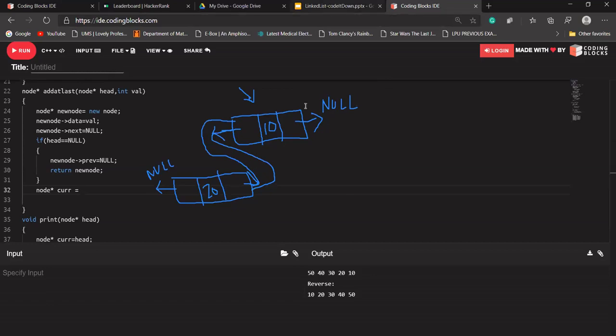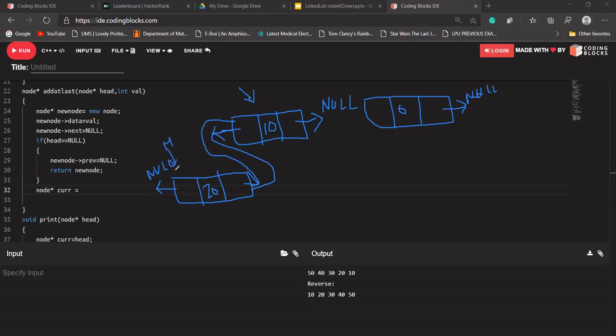Suppose I want to add something at the last of our linked list. So it will be created already, because we have reached the 32nd line. It means a new node has been created, some data has been stored into it, and its next is pointing to a null value. And because this linked list is passed to us, our head is pointing to this node now.